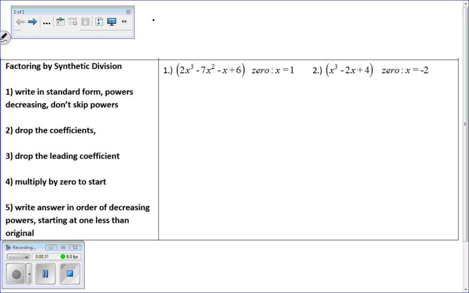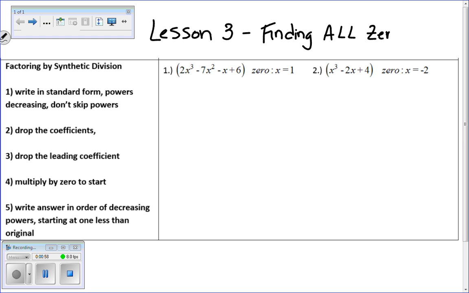This is lesson 3. Lesson 3 and 4 will kind of go together, but in order to show some of the stuff for lesson 3, I need to make sure we do synthetic division. So lesson 4 will review synthetic division and get into long division a little bit further. So lesson 3 is finding all zeros. And this is really just a continuation of what we've already done in Unit 2, a little bit in Unit 3,